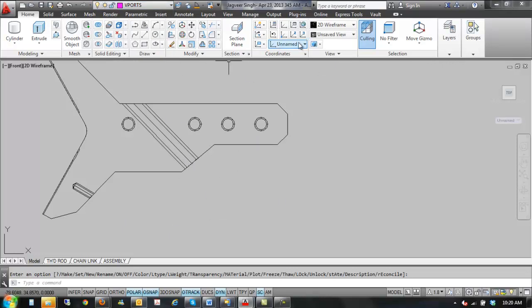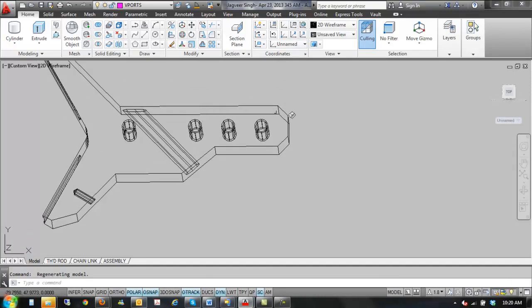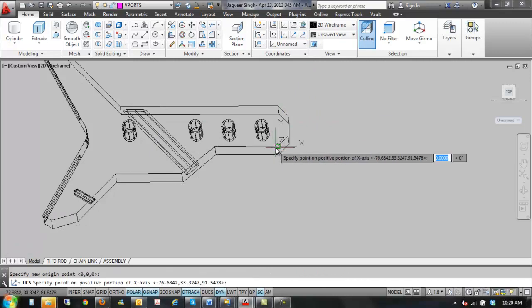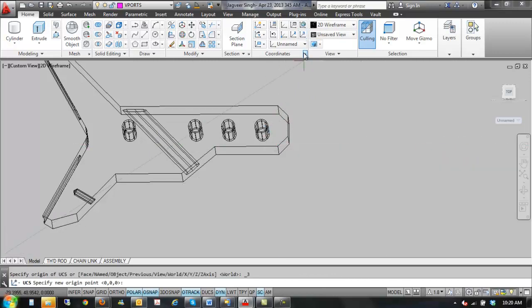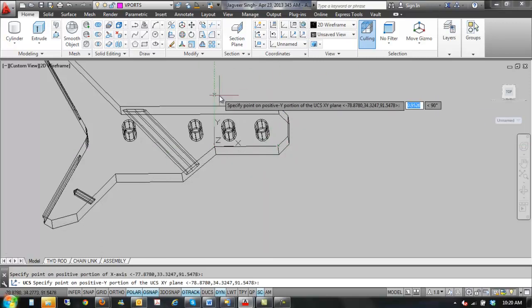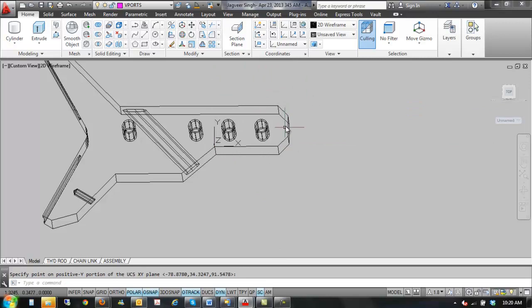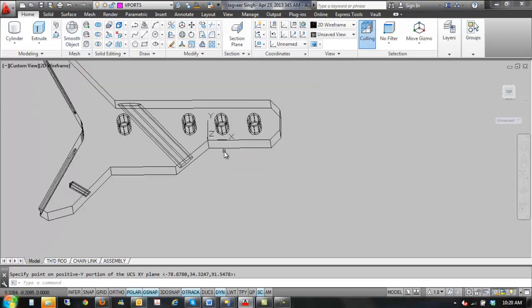But if you put your UCS down on this, just to make sure it's on the front surface, here's your X, and your Y is up this way. And then you can move that to the center of the hole, because I think that's where your dimensions are from. Alright, then you can scribe some geometry out here,